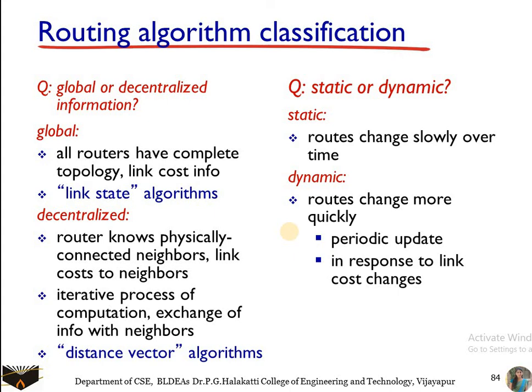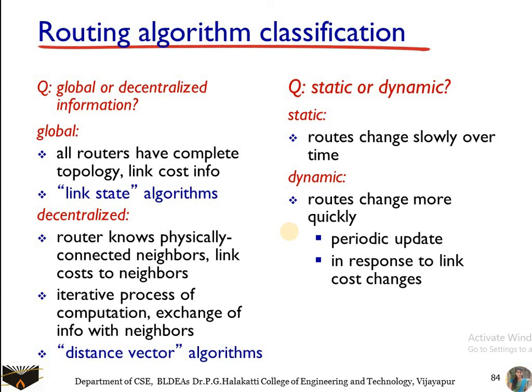That is, no node has complete information about the cost of all the network links. Instead, each node begins with only the knowledge of the cost to the immediately attached nodes, which are also considered neighboring nodes. Then through the iterative process, they compute the path from that particular node to the neighboring nodes, and this is how it is carried out. We also call it a distance vector algorithm, because each node maintains a vector estimation of the cost, which we call the distance, to all other nodes in the network.